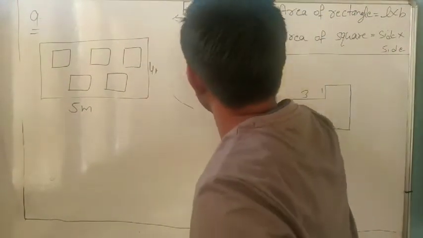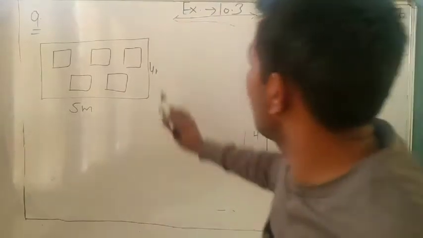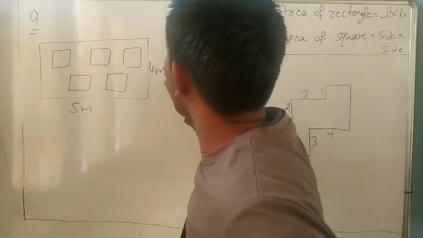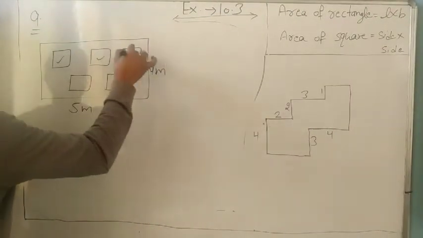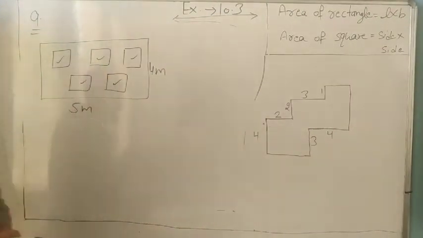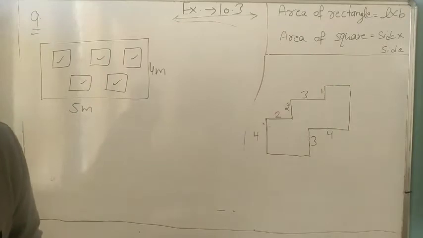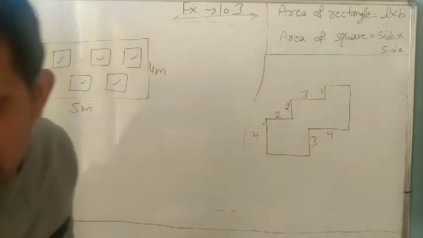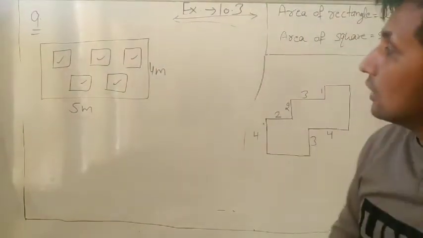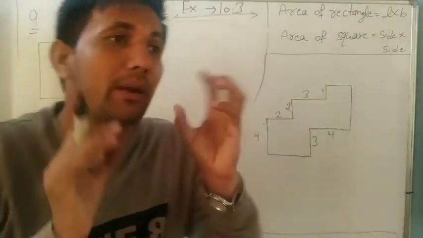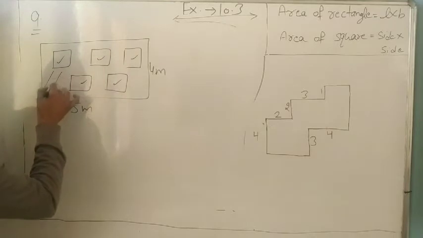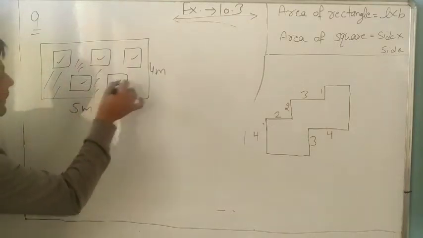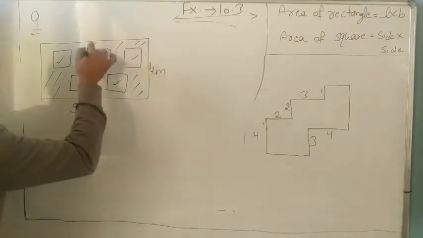Here in question number 8, on the floor we want to lay a carpet. Here we dug these 5 flower beds. So he is asking what is the area of the remaining part of the land. So we have to find the area of the remaining part of the land, this one. Here is no square. So we have to find only this one.